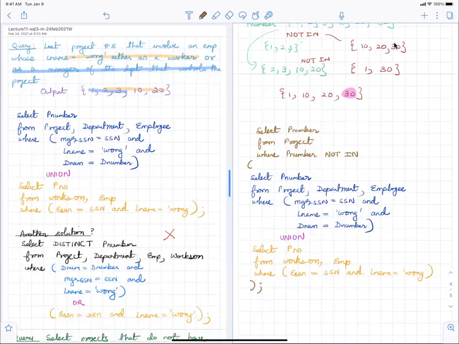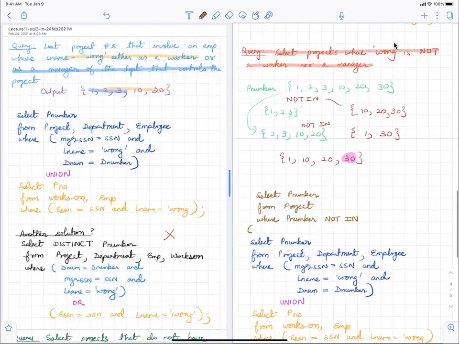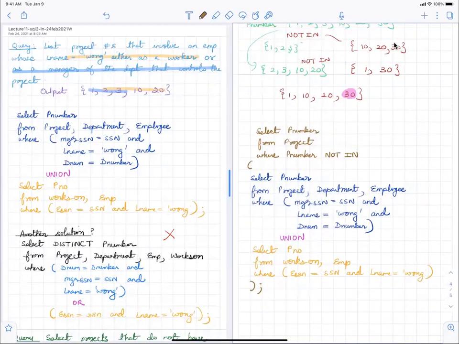So in all of these cases you have to use not in, but the way you write the not with the not in, you could have done it the previous way, or you could have done it this way. So this whole thing out here is a subquery. And then you'll still get the correct answer.